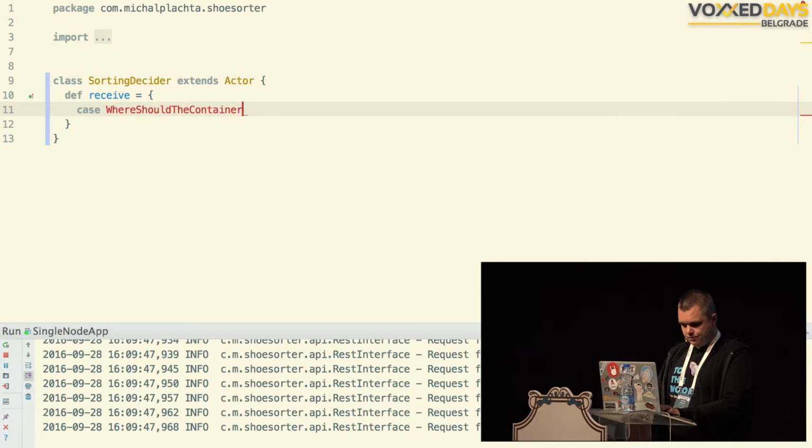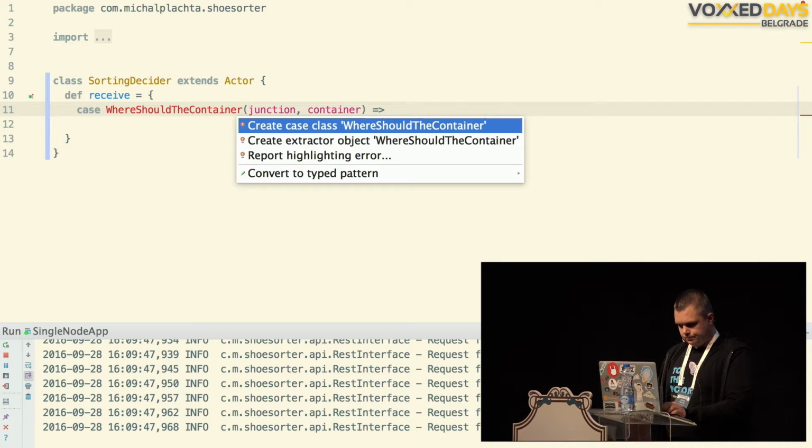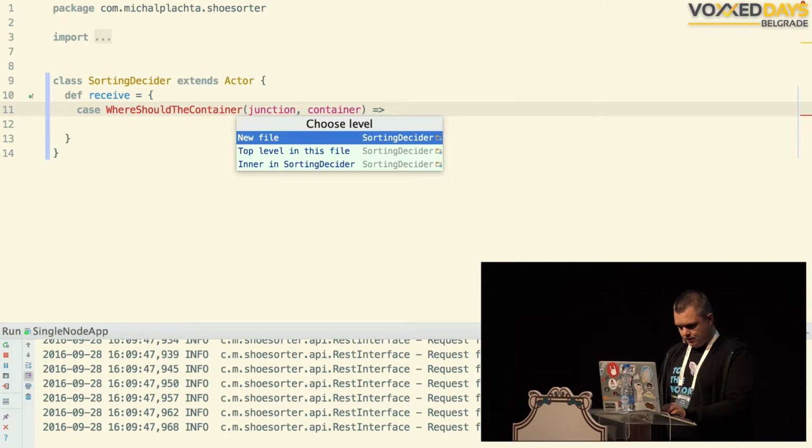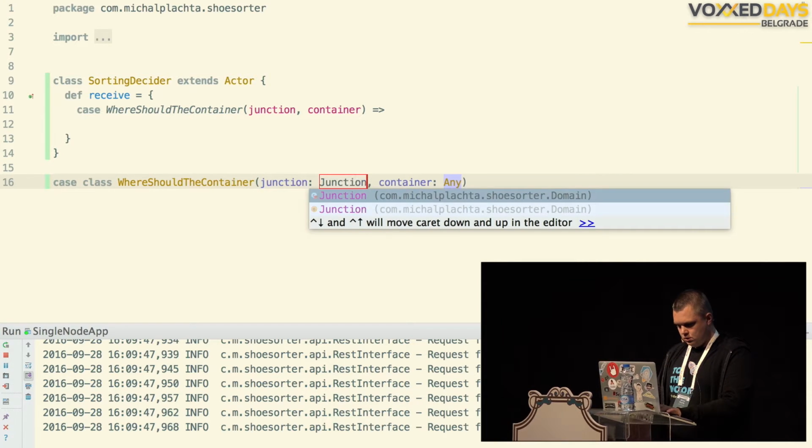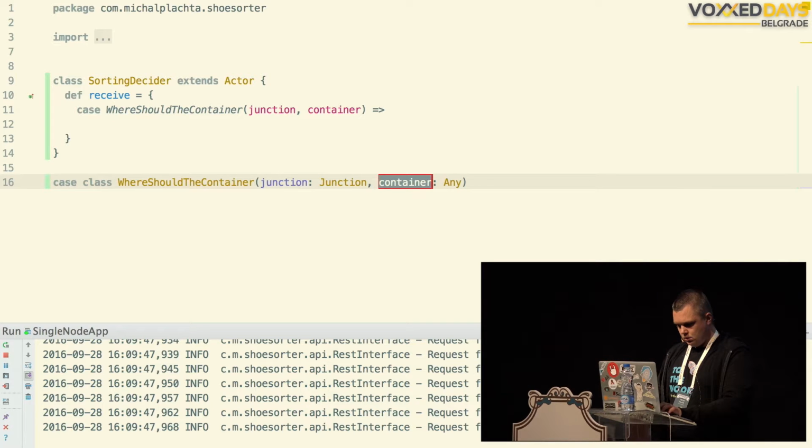This kind of message. Junction container. It's not yet created. Let's do that. Create a case class in this file, junction container.